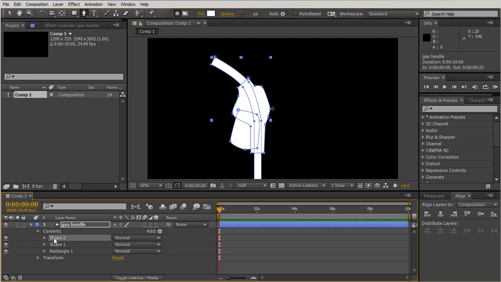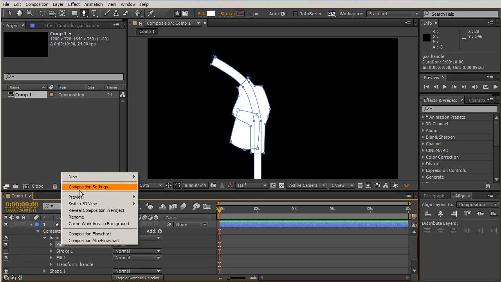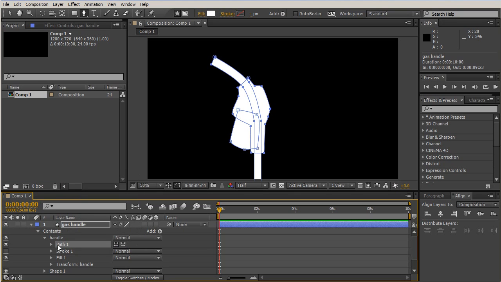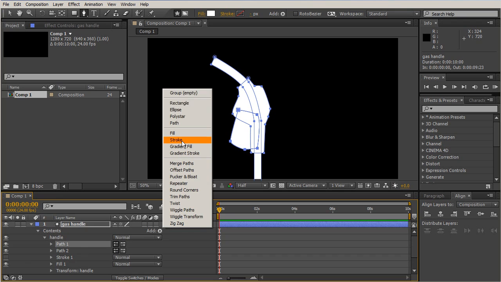So this shape right here, this last shape, we'll call our handle. I want to duplicate that path. And so I'm going to actually just hit Control D. And then I'm going to add something to this little group. So this group has a stroke and fill inside it, but there's something else that I can add that will make these different. And so I'm going to add something that is called